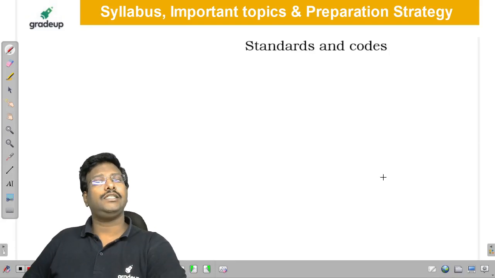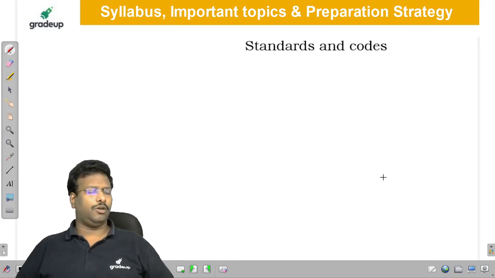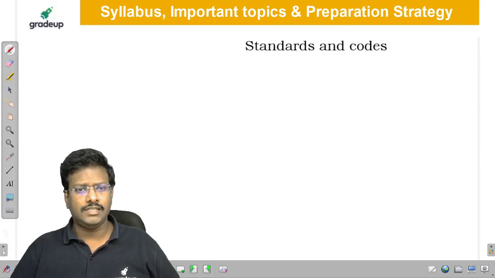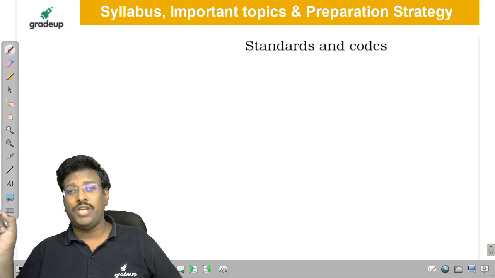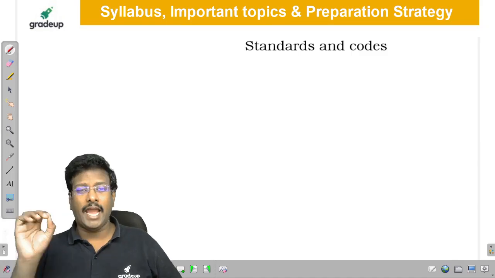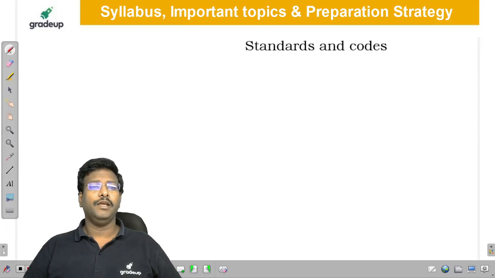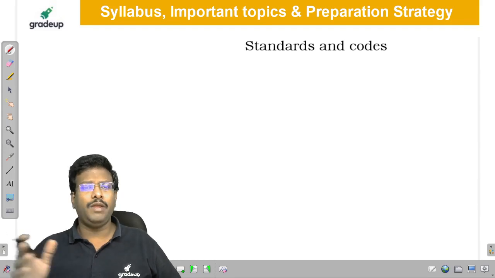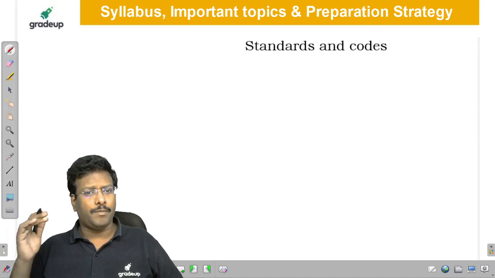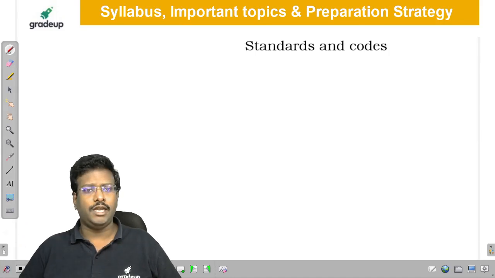And next one is standards and codes to be followed. Nowadays, everybody all over the world is facing the problem of COVID. Majority of the states are able to give statements as per the ICMR standards. Whatever the ICMR guidelines are, we are following the same. It is a service sector. Whenever people are facing the problem, in order to place them in a proper environment with a proper immunity system, they give some standards. All those things will come under service.